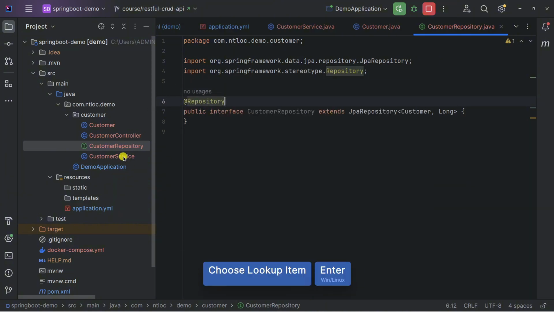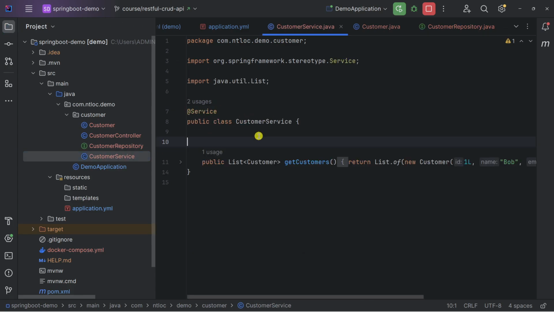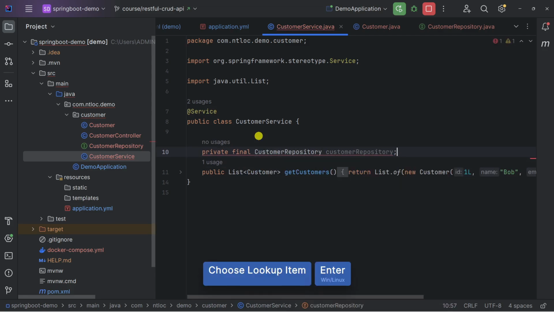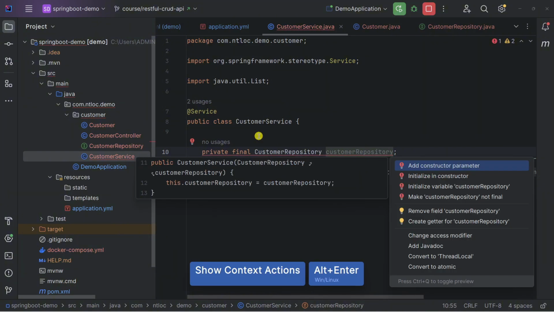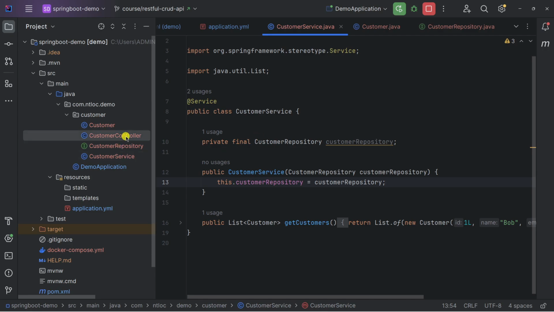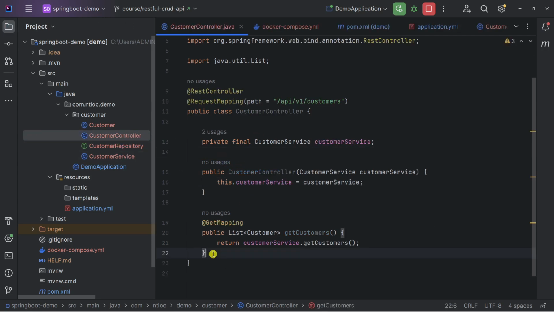And then we also inject this customer repository into the customer service: private final CustomerRepository, and then add it to the constructor. What we are going to do is create a method in here.